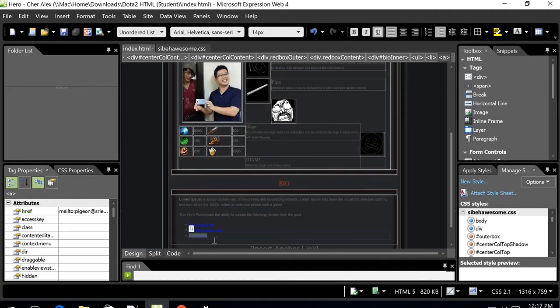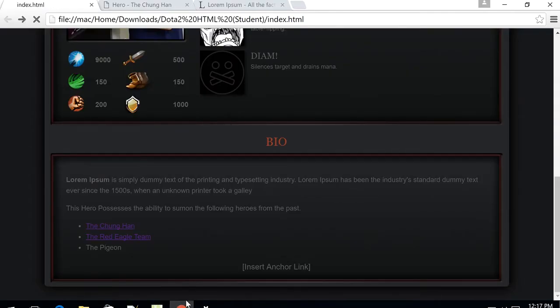Okay. Now I'm not going to test this out because I know it's going to work. But just in case you need to test whether it works or not, it's very simple. Now there's a link here. If I put my cursor on the link, text is going to appear at the bottom. Pay attention to the bottom here. It says mailto pigeon and so on. So that's what it means. Similarly, for the other hyperlinks here,